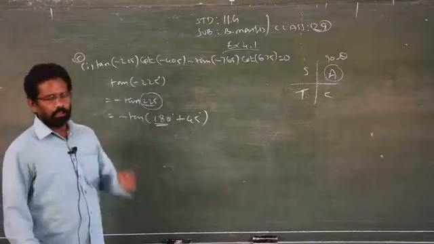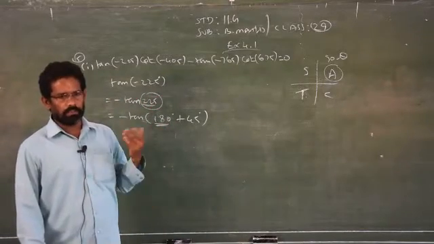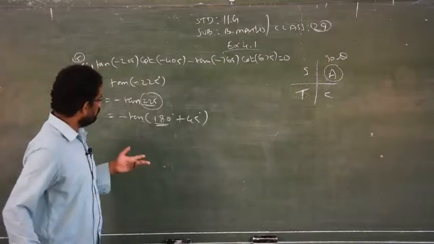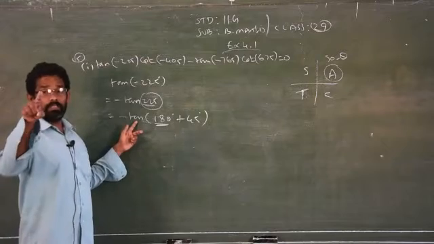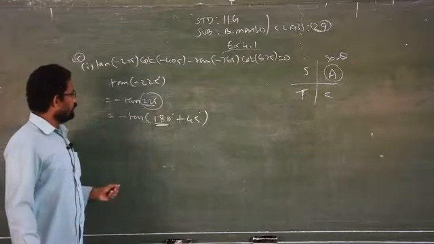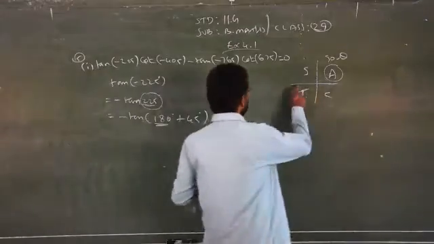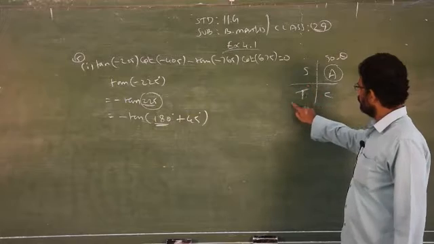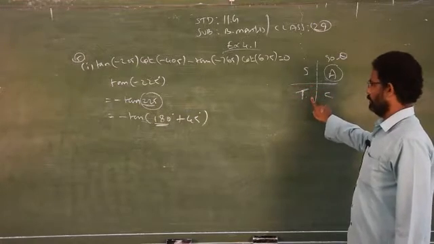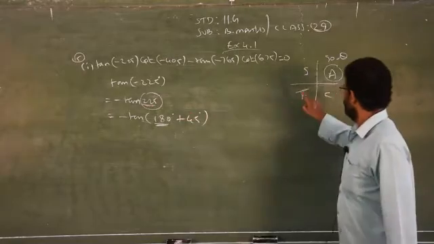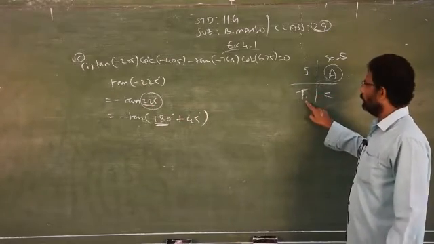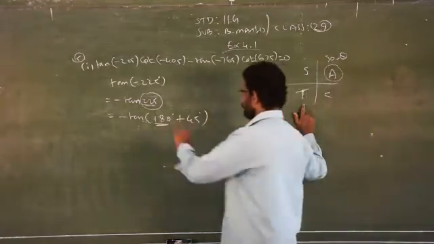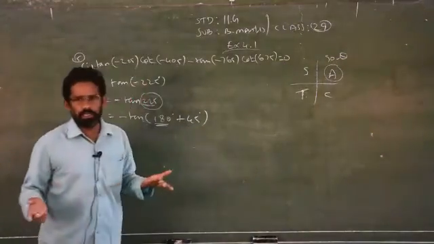Just now I wrote: if you express any ratio in terms of 180 or 360, there is no need to change the ratio. But there will be changes in the sign. So there will come 225, up to here 180. 225 will fall on which quadrant? Third quadrant. In the third quadrant, which one is positive? Tan is positive. Therefore, plus into minus, there won't be any changes.